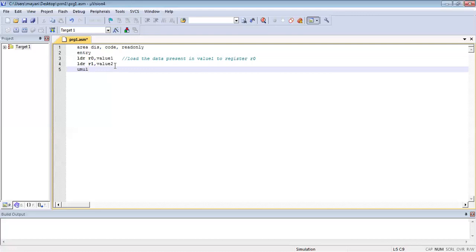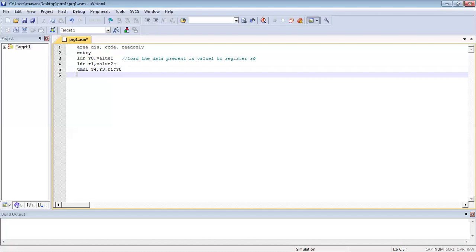So UMULL R4, R3, R1, R0 tells it to multiply registers R0 and R1 and store the result in registers R3 and R4. We get a 32-bit number, which is split into two parts and stored in R3 and R4.